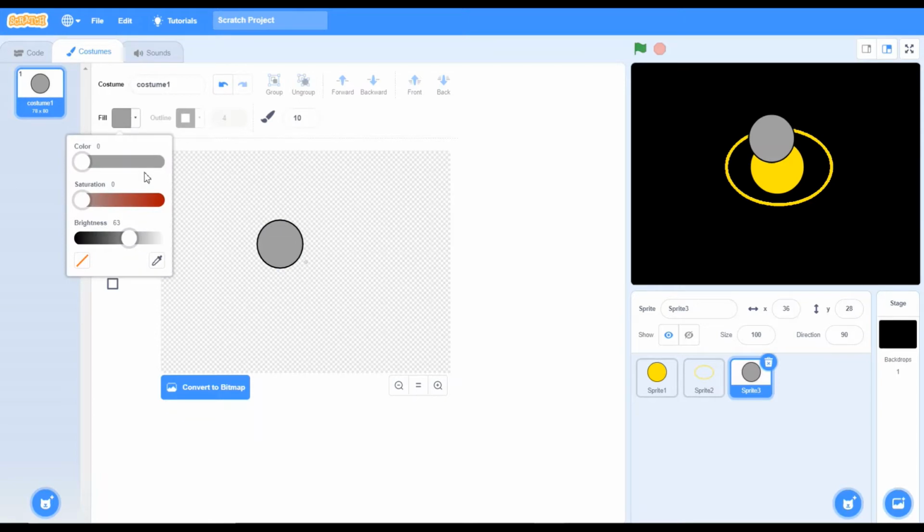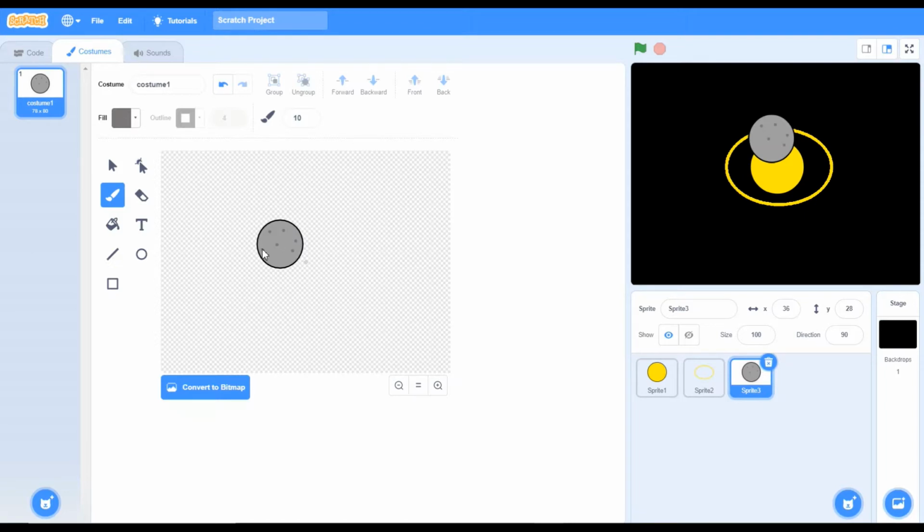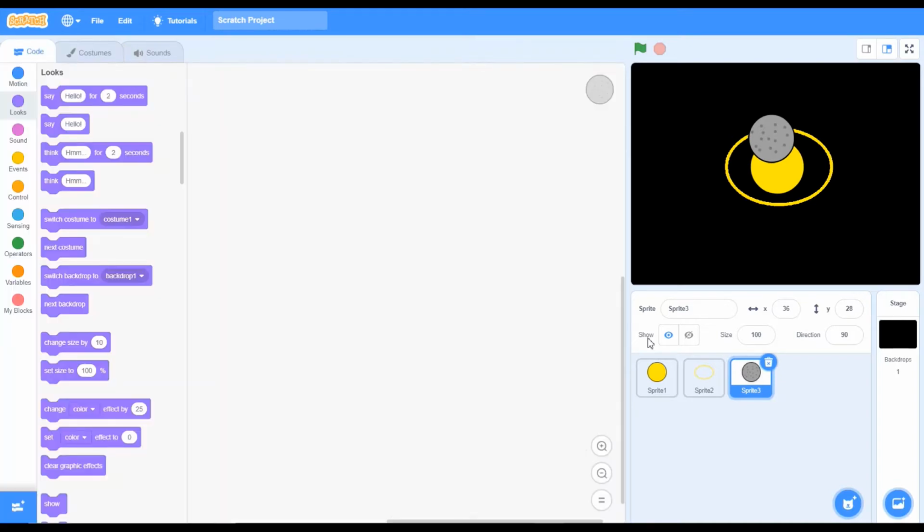It is the smallest planet, so we have to make it very small. There are some spots on Mercury, so we will make something ball-type shaped in dark gray. If you want, you can add more of these, but I will add some. Okay, now done. Now it's really looking like Mercury.